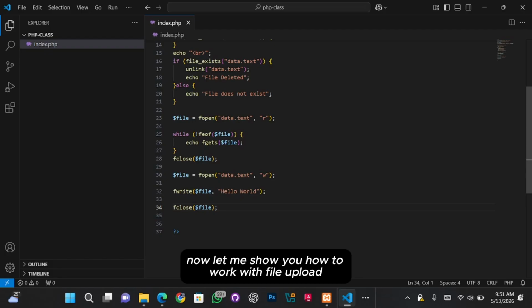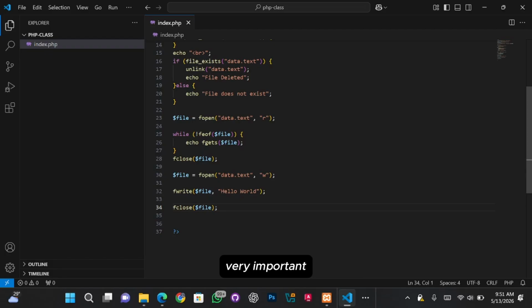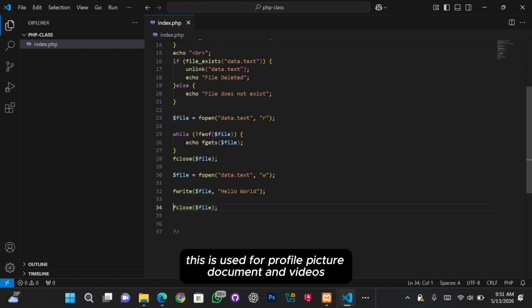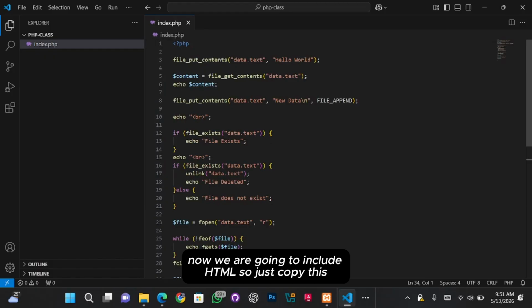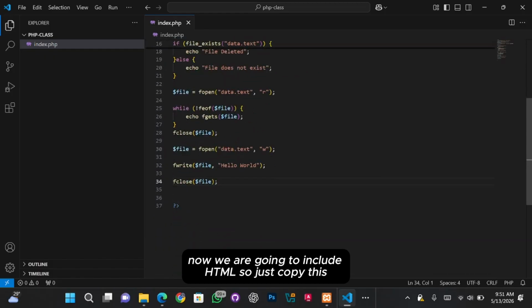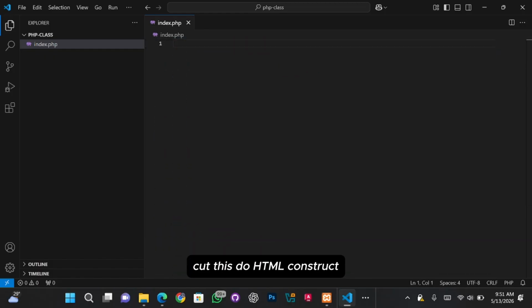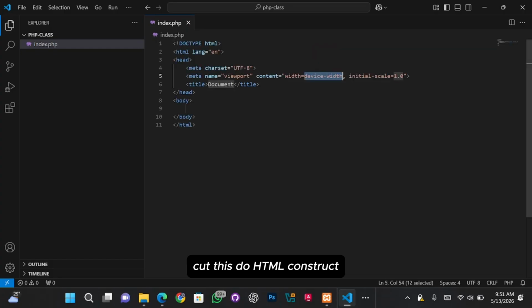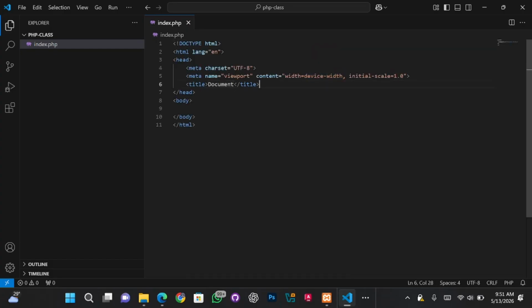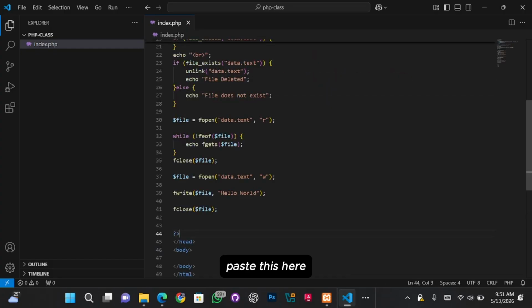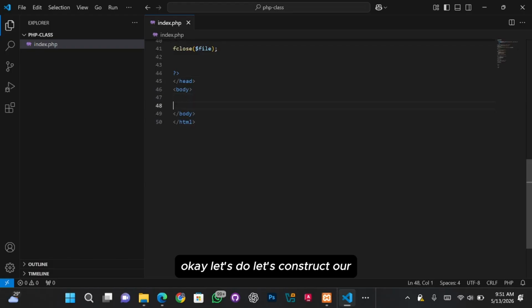Now, let me show you how to work with file uploads. Very important. This is used for profile pictures, documents, and videos. Now, we are going to include HTML. So just copy this, cut this, do HTML construct, paste this here. Okay, let's construct